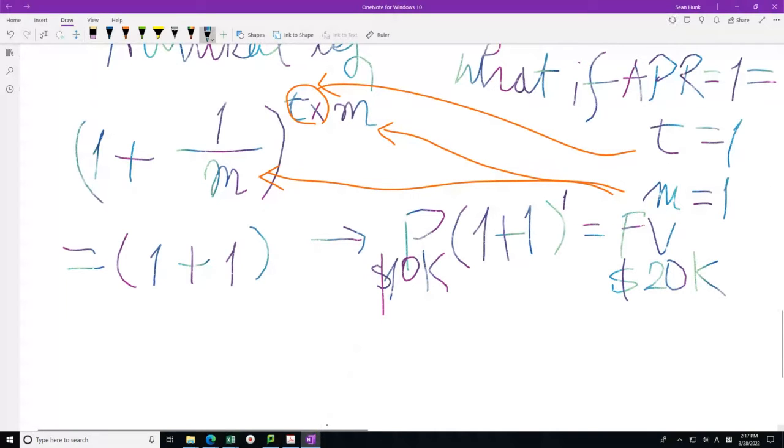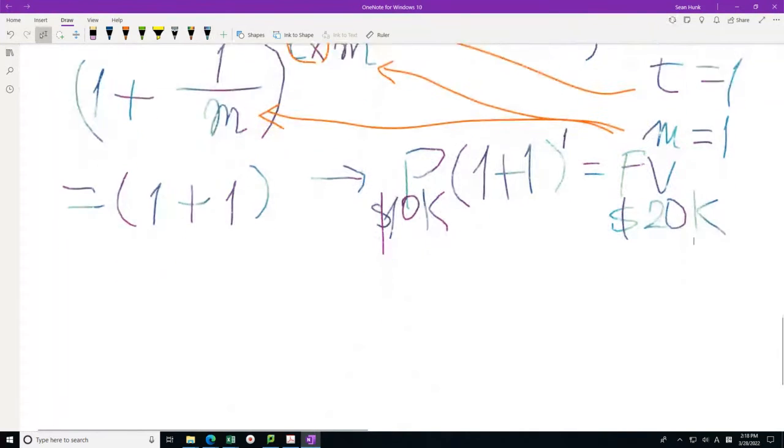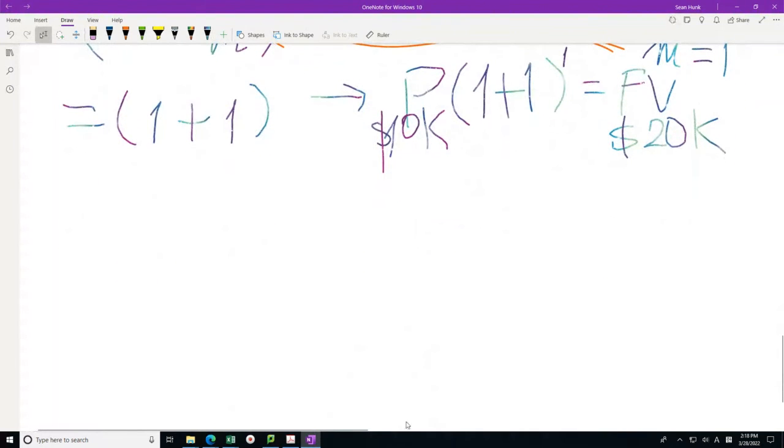So this was the case when APR is 100% and M is just 1. But APR can be anything. The reason I put 1 there is that it's easier to replace later. It's easy to replace 1 with anything later. But basically, understanding that,